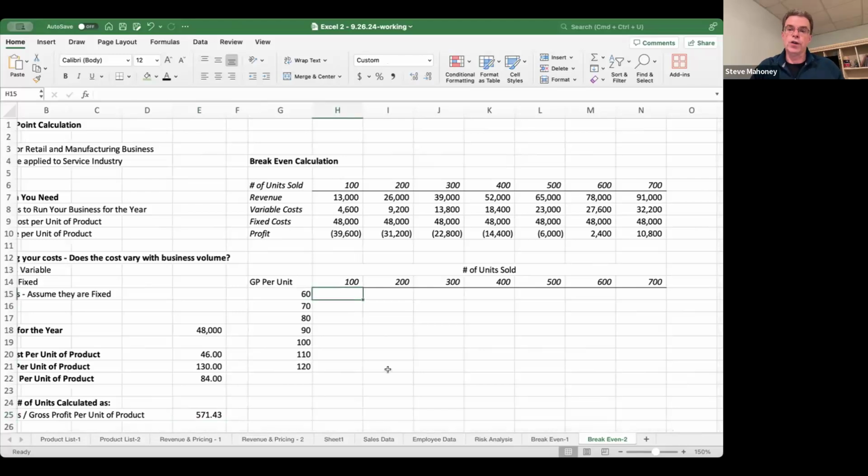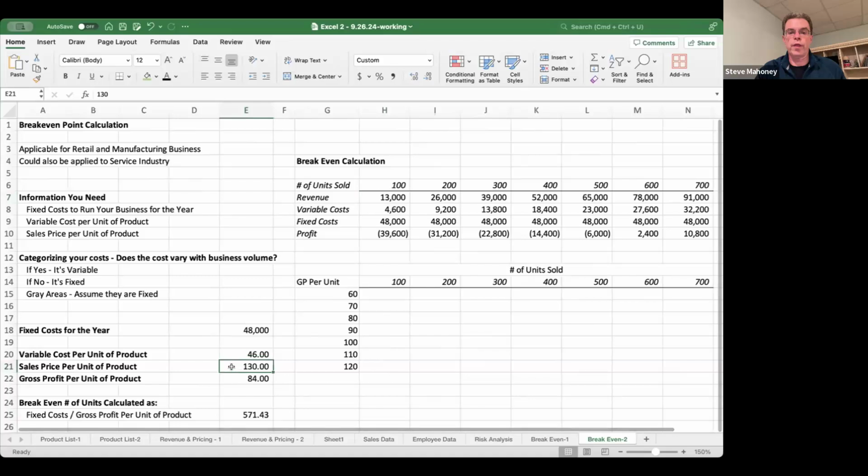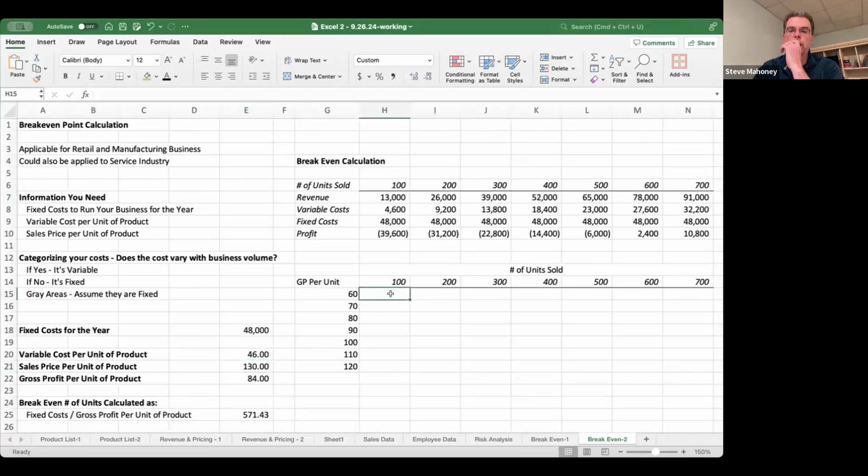Now, another thing you could do is play around with your price point. You could ask, what's my gross profit going to be at various different price points if I sell these different numbers of units? Because this just assumes that I keep my sales price at 130. What if I increased it in $10 increments, what might that look like? So what I've done here is, I take my gross profit per unit, and I'm going to look at my,